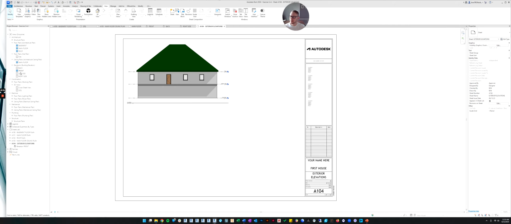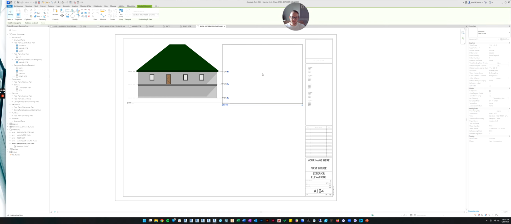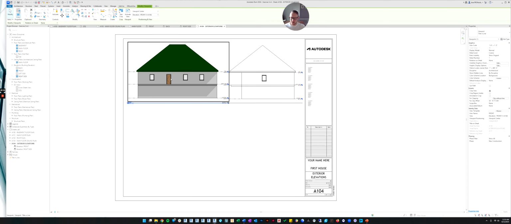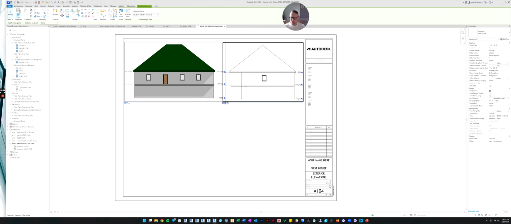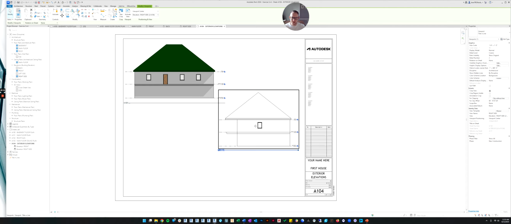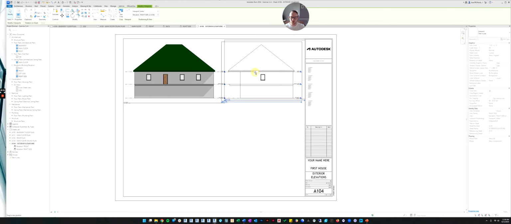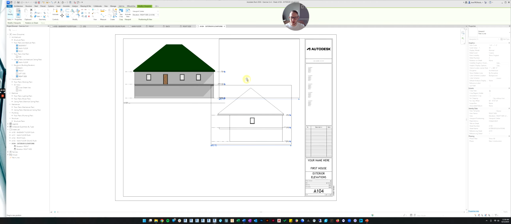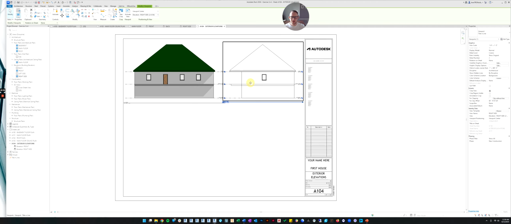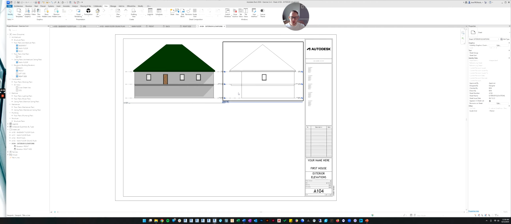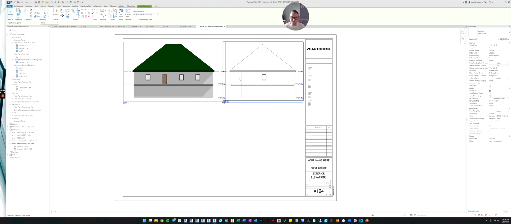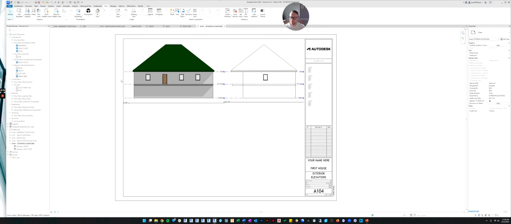So a best practice would be to pick one of the sides and go with it. I have space on the right side, so let's put the right side elevation there. Hopefully it's not fitting very well. You'll also notice it will try to align the views. If you move it around, you'll get this blue dotted line to tell you that they are aligning with each other. So I'm going to do the best I can to put it on the sheet and make it fit.